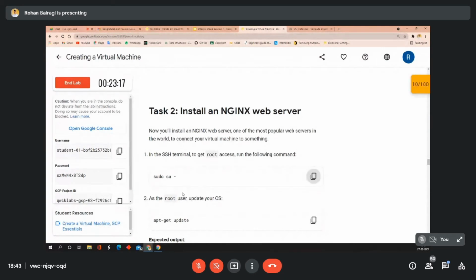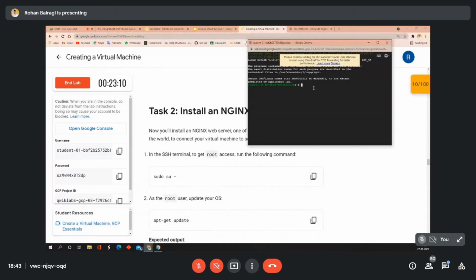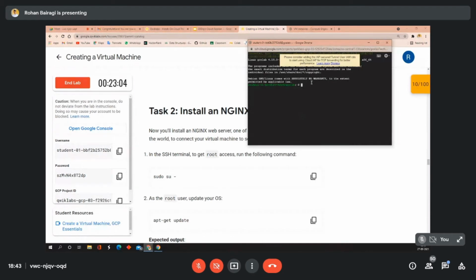These are basic Linux commands. I think those who use the Linux OS know about it. Just copy and paste it on the SSH terminal. Okay, we have got root access.